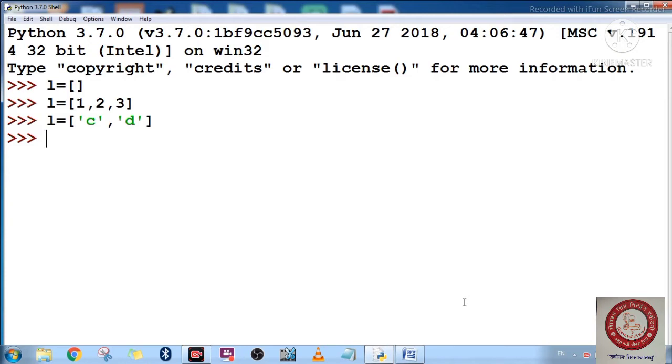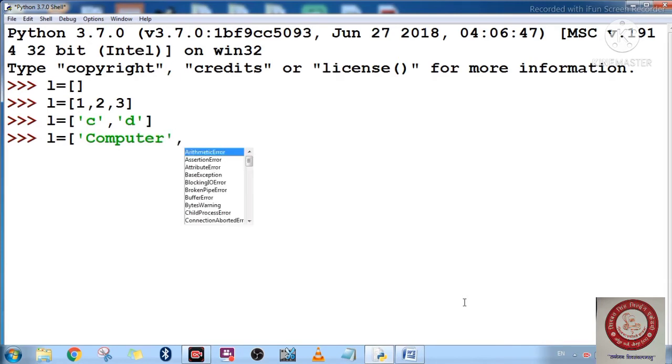Now students, in the same way, if you want to store strings in the list, how can I do that? First I take a variable, then square brackets, then single quotation marks. Suppose I write here computer, then take one more, suppose I write science, then close it.